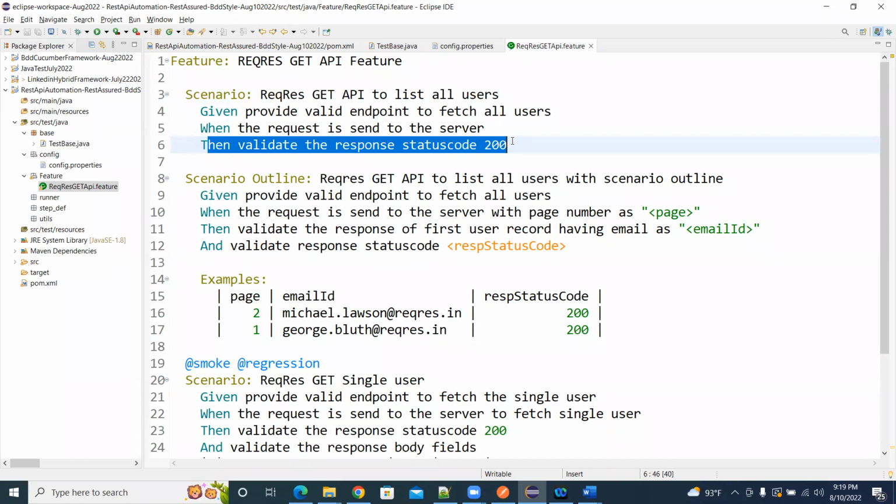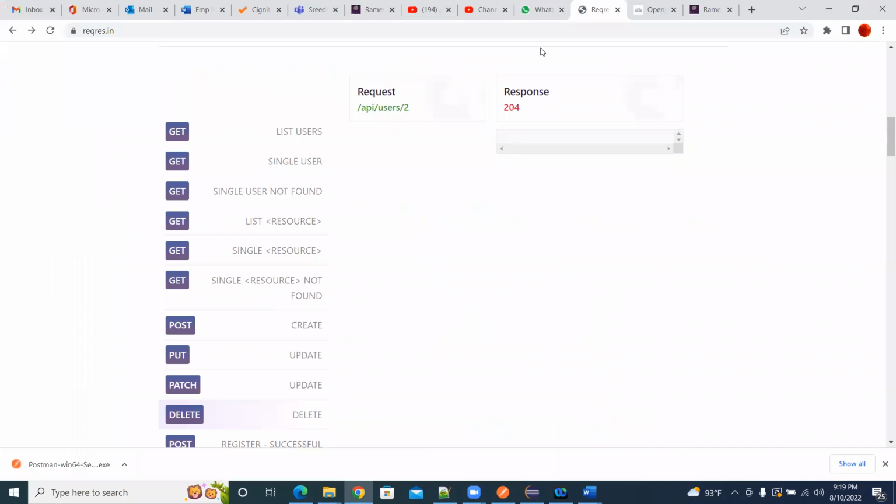Validate the response status code 200. Very simple scenario we have written for this one. So given is you provide the valid endpoint. When the request is sent, you are clicking on the send button, right? In Postman, when you click on send button, then validate the 200